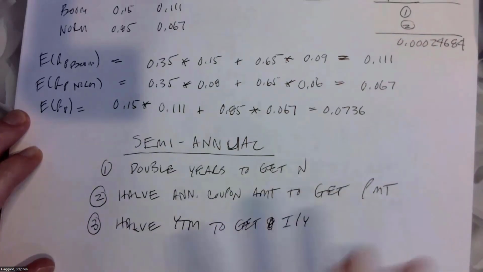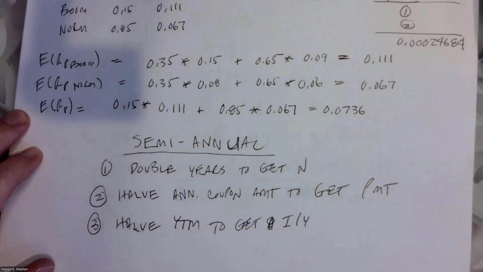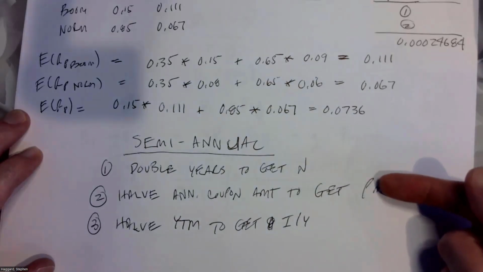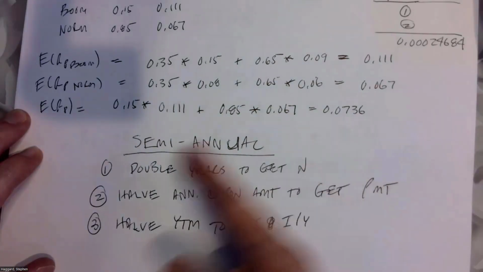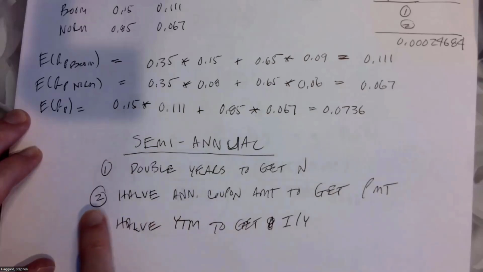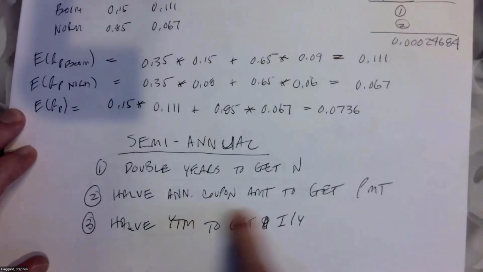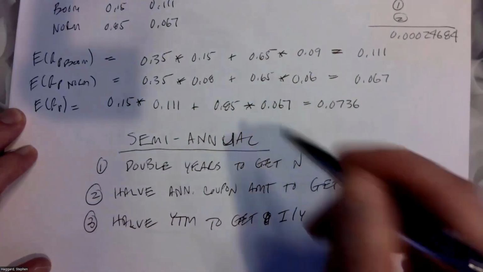And I had one student that emailed me about 2 different semi-annual coupon questions. And one of them was this thing, and one of them was this thing. And it all comes down to this right here. And so we have to translate to get the number of periods, and then we have to translate back to turn that into number of years. So these are all things to keep in mind. In fact, if you think this would be a good thing to have on your note sheet,